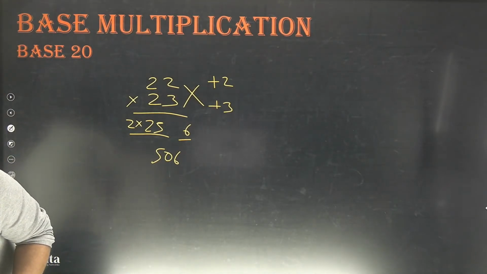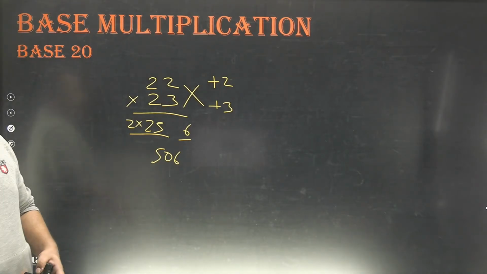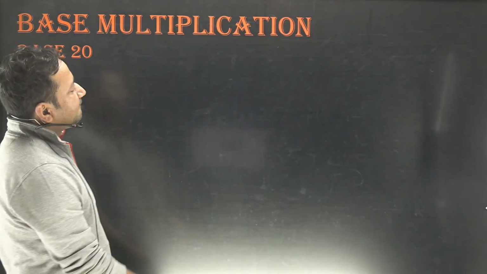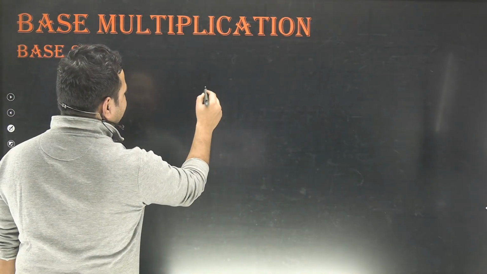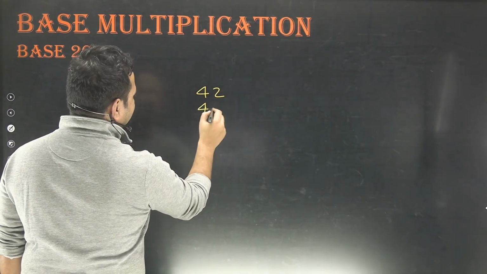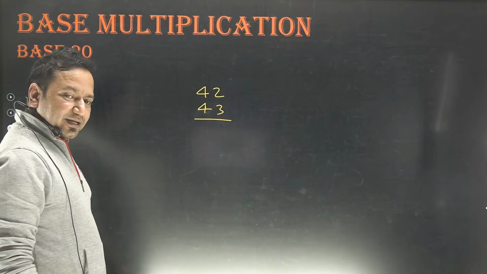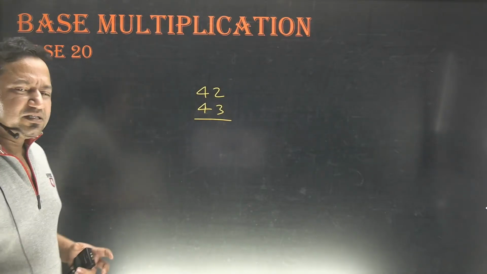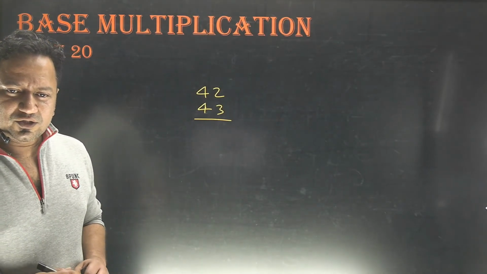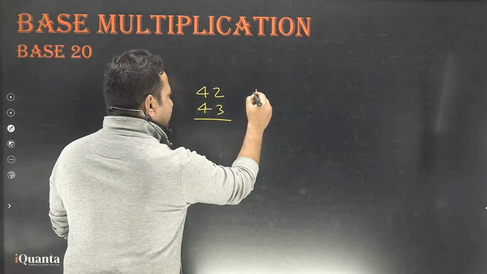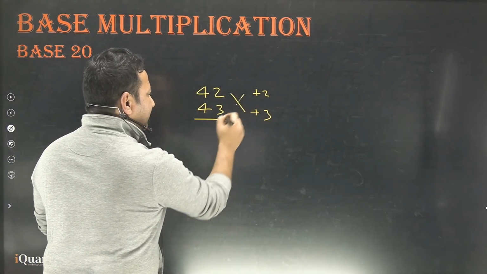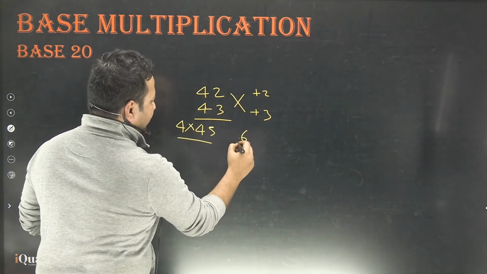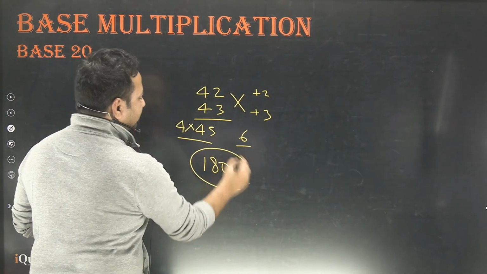Cool? Is that clear? So let us take random numbers independent of any base. For example, I take something like 42 and 43. What needs to be done? Come on. Come up with your answers. So we need to identify the base. Okay, these numbers are close to 40. Plus 2. Then we have plus 3. If I add them, I'll get 45. Base is 40, so I need to multiply it by 4. 2 3s are 6. So 1806 would be our answer. 4 into 45 is 180.